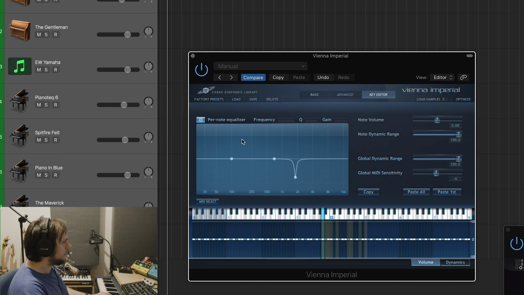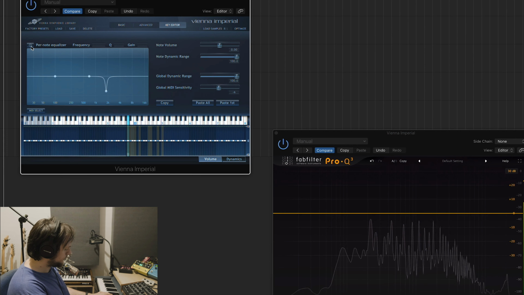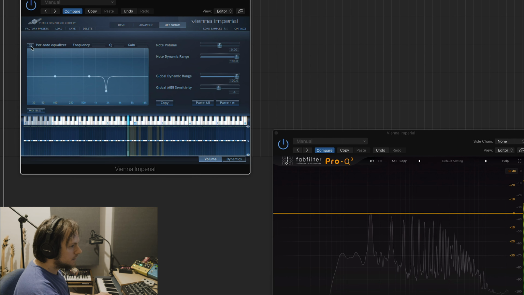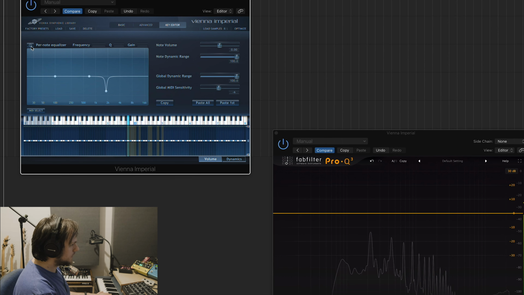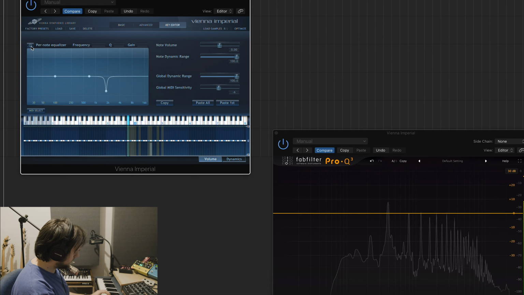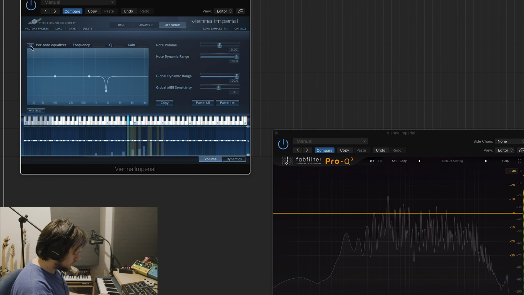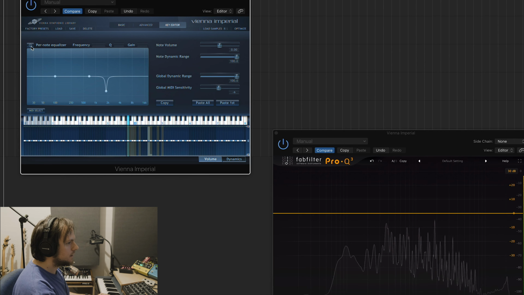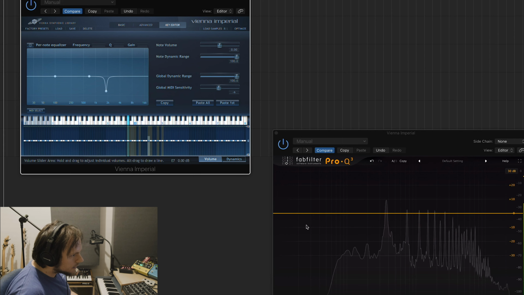that's with my EQ on. You may not hear it if you're listening through laptop or phone speakers, but on headphones, and you can even see it on the FabFilter, there's that little resonance poking up over there. So yeah, the ability to move those things down, this G especially had. Oh yeah, that F sharp, look at it. Somewhere in that